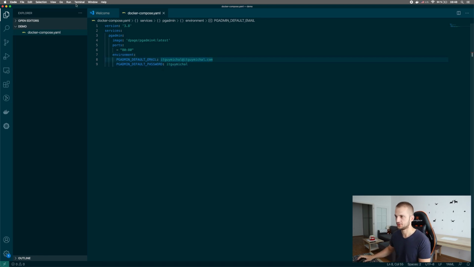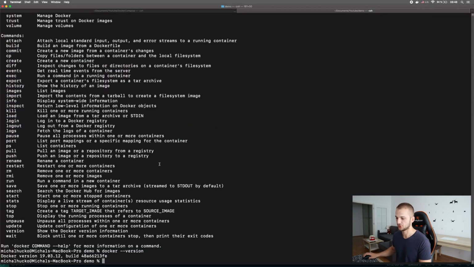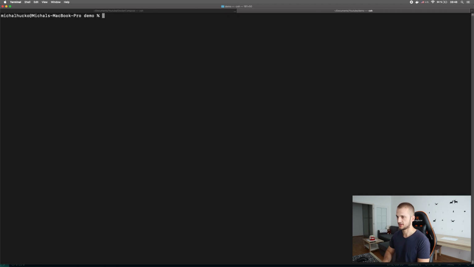Now I will show you how to do it. If you want to do it from the terminal of the Visual Studio Code, you can do it directly here, but I don't want to confuse you, so I'm going to the terminal. I'm in the demo folder, you can see it here. I will clear the console for you. And now what I'm gonna do is ls, and as you can see there is a